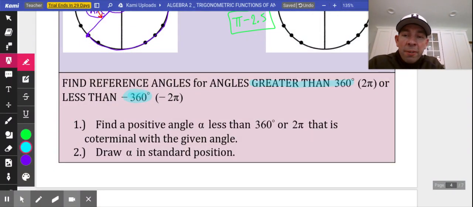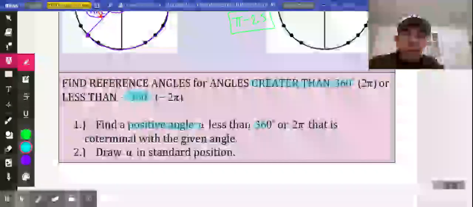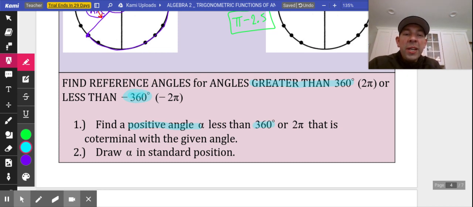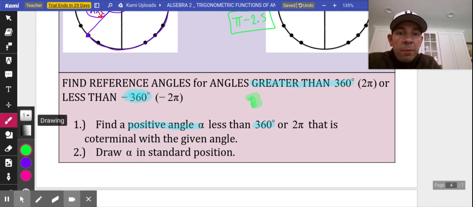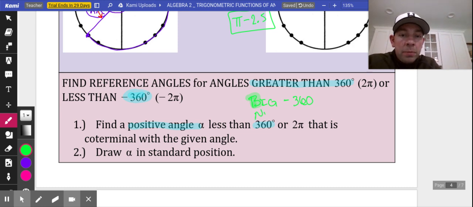Well, our goal is always to find a positive angle that's smaller than 360. So in other words, what we're saying is we want to find the coterminal angle. So in a nutshell, if you have a really big angle, all you want to do is subtract 360 as many times as necessary until you get below 360. If you have a negative angle, all you're going to do is add 360 until you get to a positive